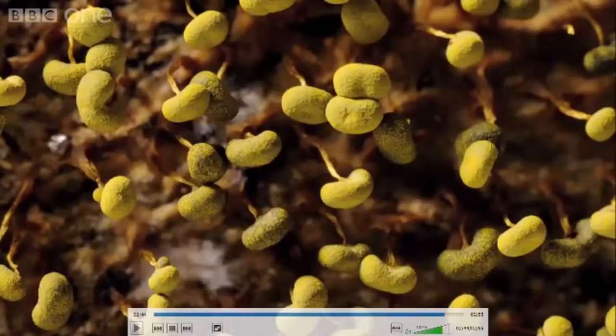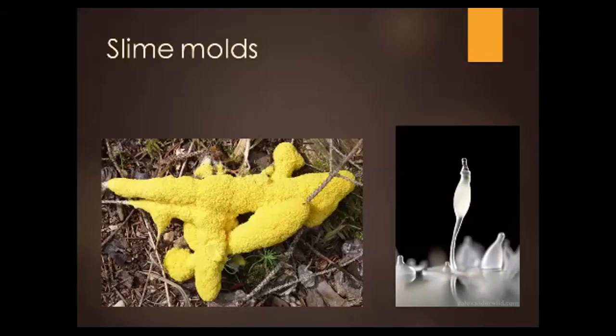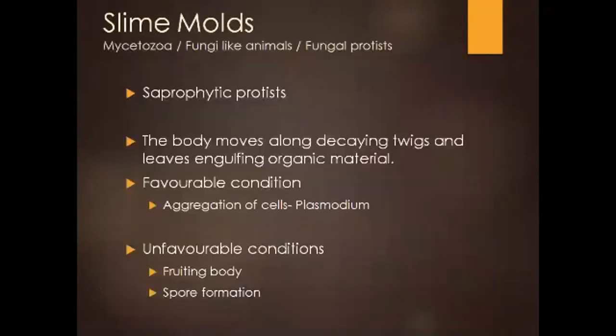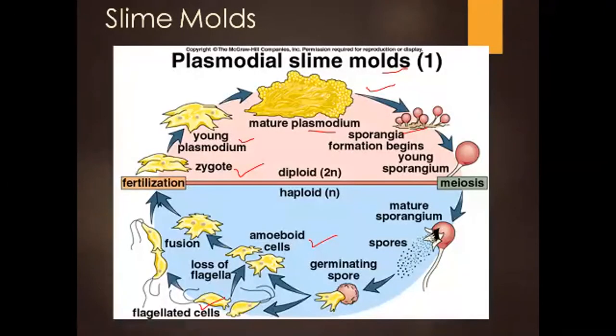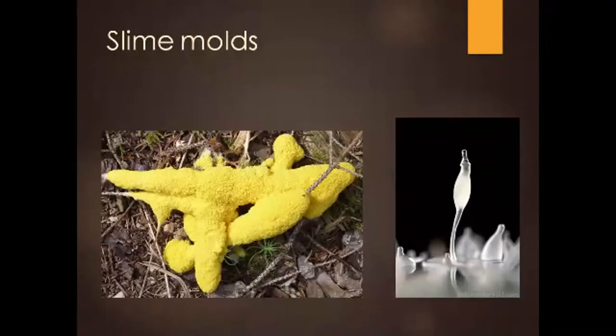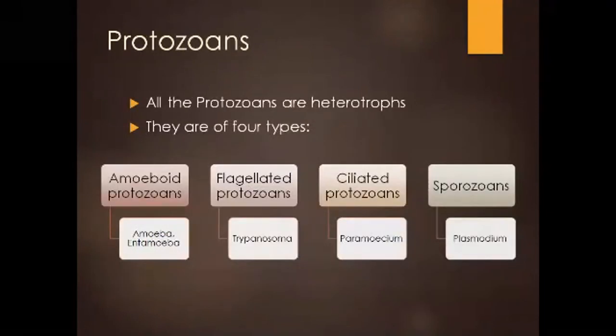Okay, so here, as I was talking about, when food is available and the conditions are favorable, there are going to be plasmodium cells, and when it is unfavorable and there is no food, it is going to form the fruiting body, and that is going to form the spores, as we talked about. Here on the right side, you can see this is the sporangium stalk, and this particular part is going to contain the spores, and this is going to be the regular organism.